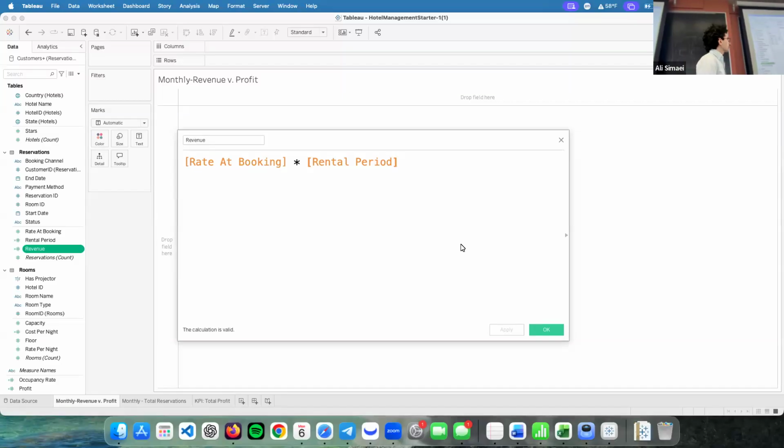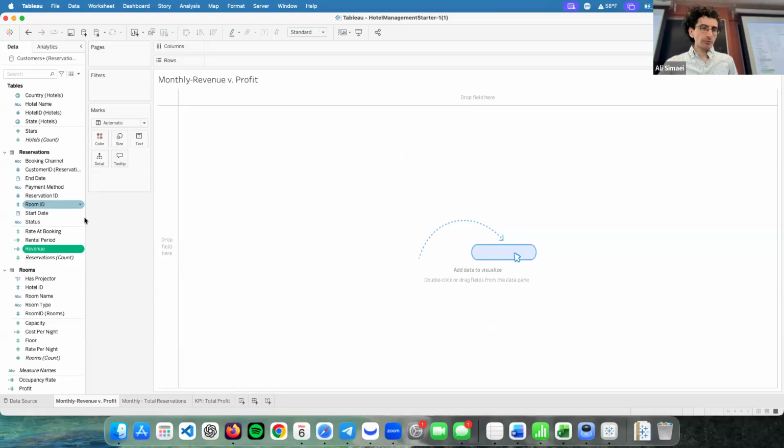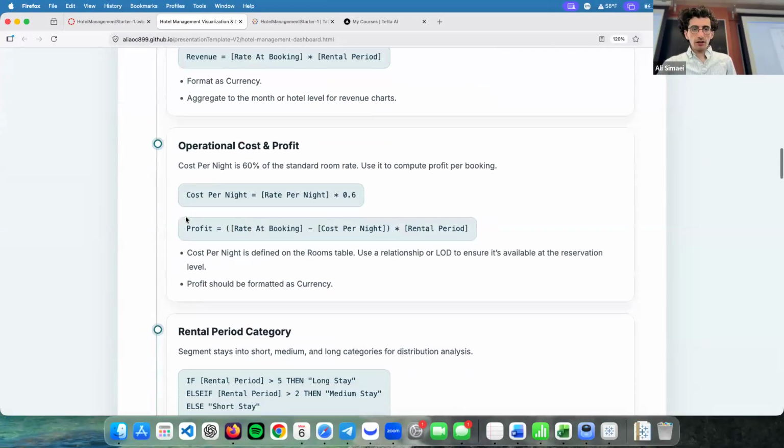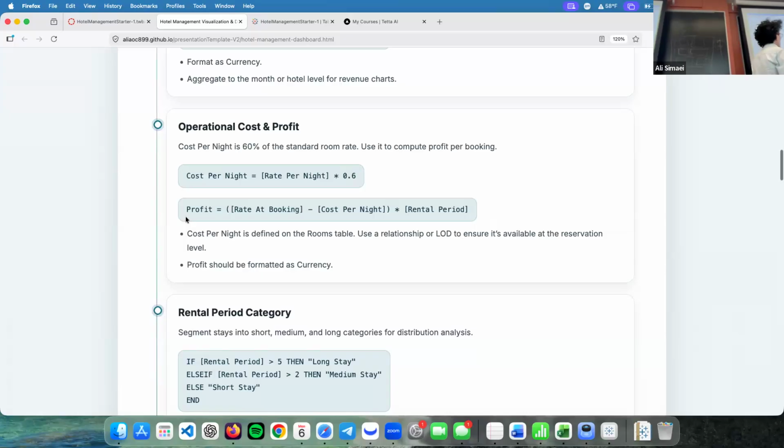So we created this calculated field using the other rental period calculated field that we already created. And then we wanted to calculate profit, but before calculating profit, we needed to add a new calculated field. This was calculating the cost for maintaining each room. For each room, we have a cost to maintain it. That cost is calculated by rate per night multiplied by 0.6, which is the 60% standard room rate